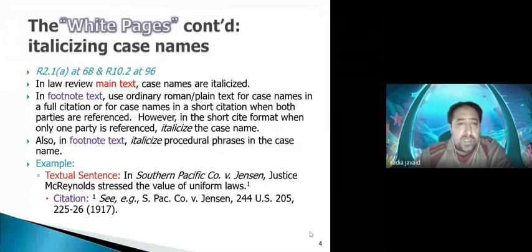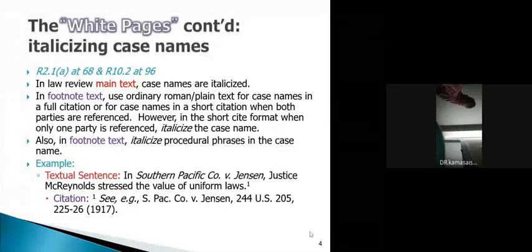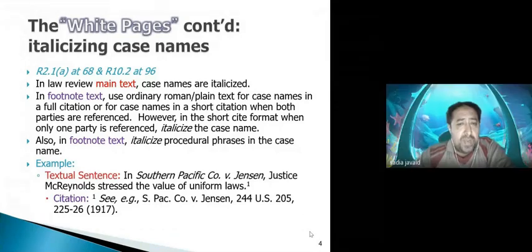So if we just look at this, the white pages: italicizing case names, where in your law review you take case names and put them in italics. So wherever the references or the number or abbreviation are, where you are mentioning whatever the case is,